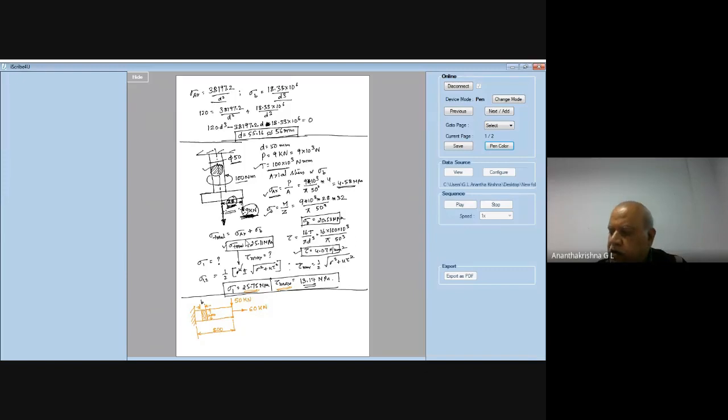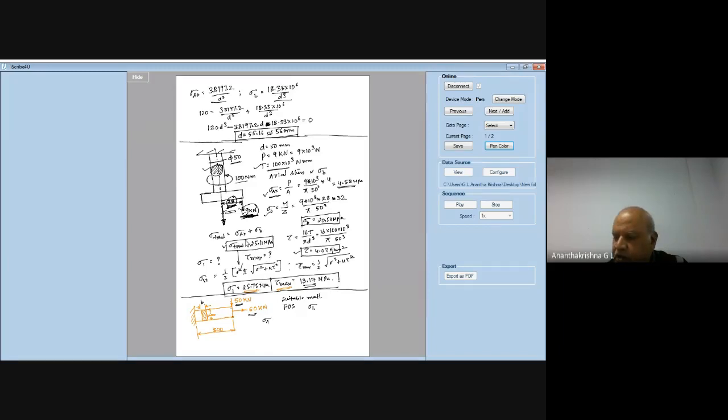We need to select a suitable material, and also we need to choose an appropriate factor of safety, and then that's going to give your sigma, which is the maximum stress that the component is allowed. So it is subjected to an axial tensile load and a transverse load of 50 kilonewton. Therefore the cantilever beam is subjected to axial and transverse load.